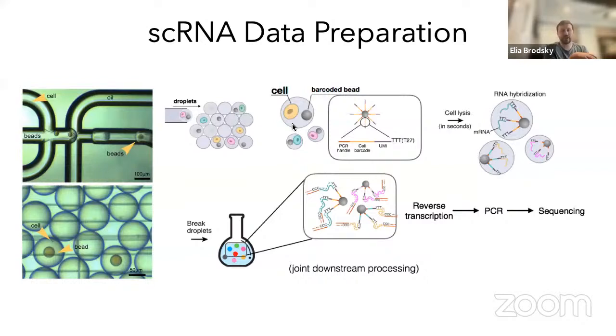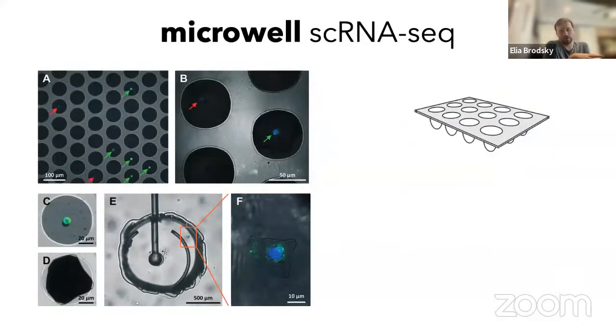But now let's take a look at three different methods I think I have here. So the first method is called Microwell. The benefit of Microwell is that you actually end up with a plate, very similar to what you would do with microarrays, right? You have a plate, it has these small wells on the plate, and you're hoping to put in an individual cell within that microwell. Now, this is a process that could be